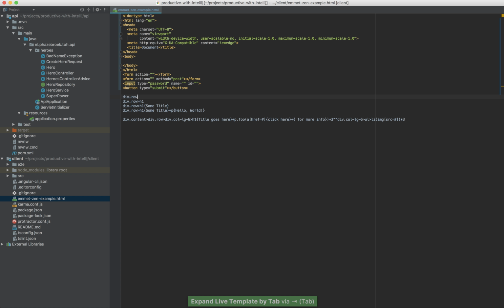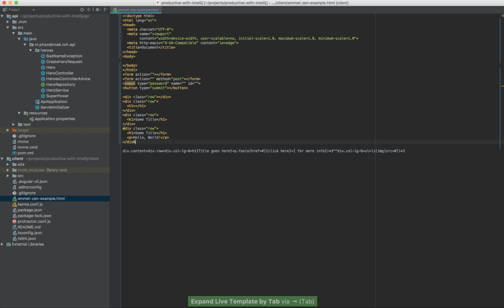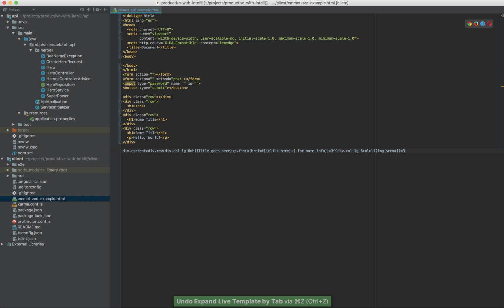This expression, div.row, creates a div with the class row. I can also create a div with a class row with a title in it, with h1, for example. And I can also give that title some content in this case. Or go even more crazier and add a paragraph beside it. And this full expression is also still valid, and it generates this piece of code. As you can see,